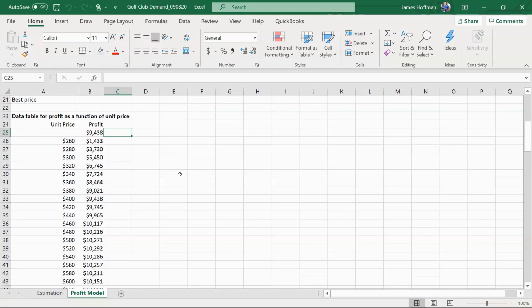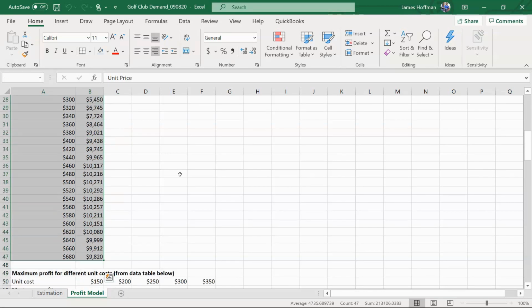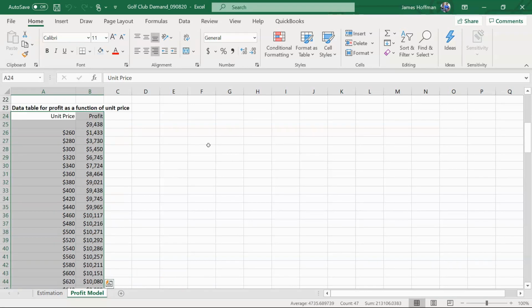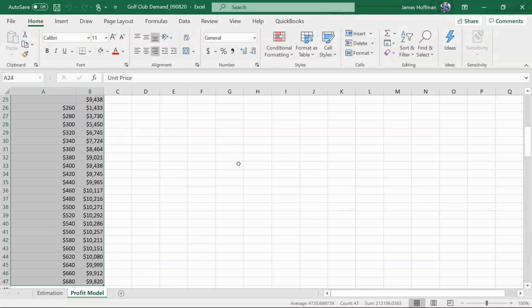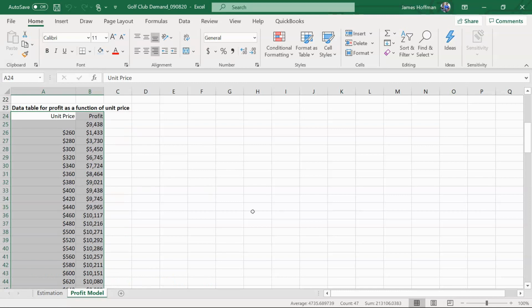Okay, next thing you want to do in step 11 is to make a graph or a picture of unit price versus profit. So if you got this data table working, you want to select this whole range starting with A24. Okay, so you can select A24 to B47. So you want all that selected, and then